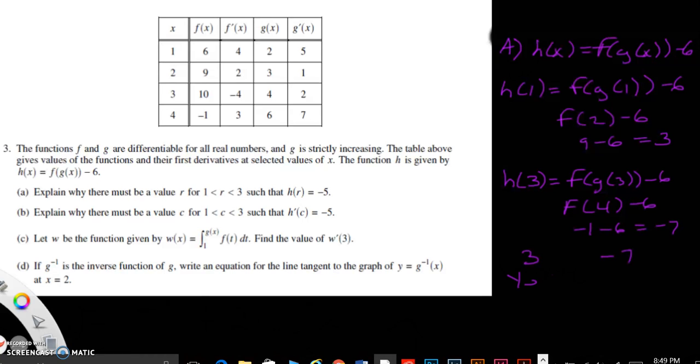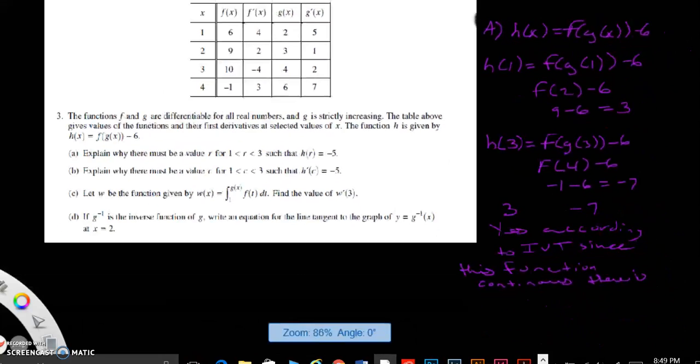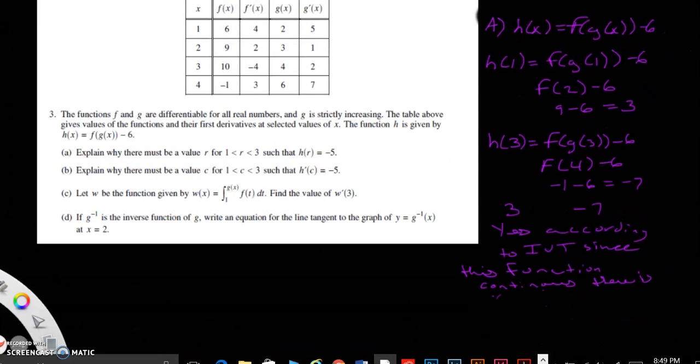So yes, according to IVT, since this function is continuous, there is a value r that will equal